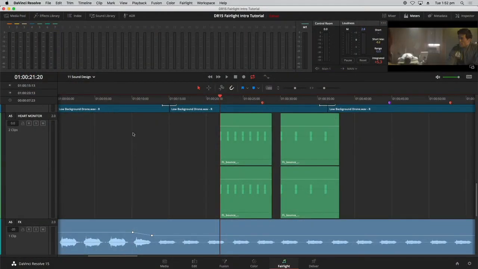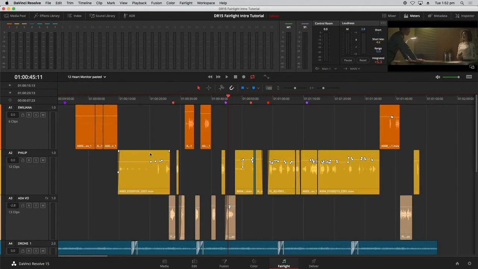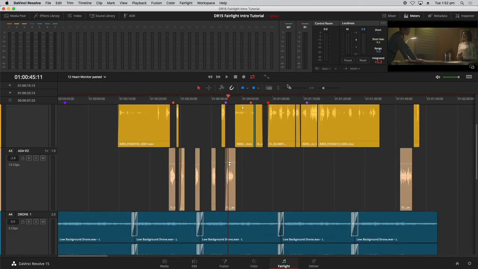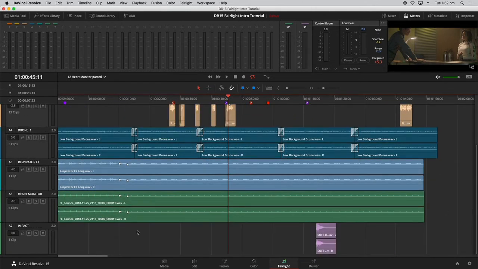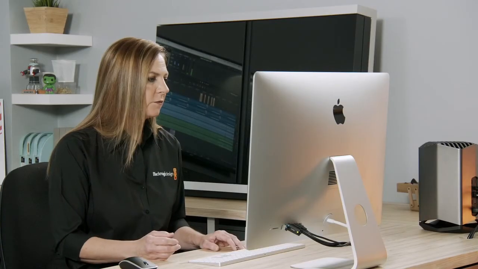Now let's go ahead and jump ahead to the next timeline. Heart monitor pasted, and in this example I did the exact same thing, I just made a longer version of the heart monitor, and here it is at the bottom. It's the same one we just did. I just happen to have it in a timeline here, and I also added some keyframes to match this respirator so they follow the same amount of volume levels. So,